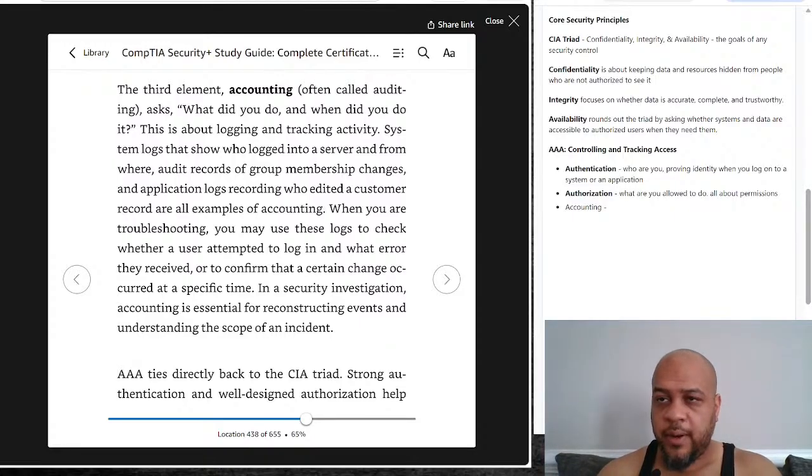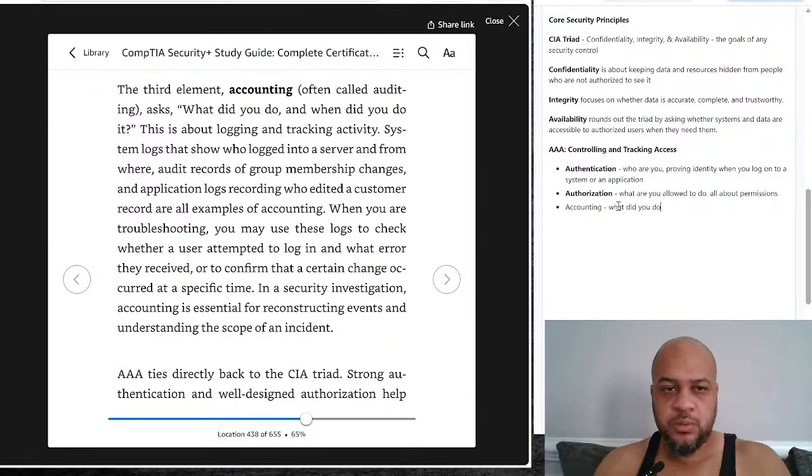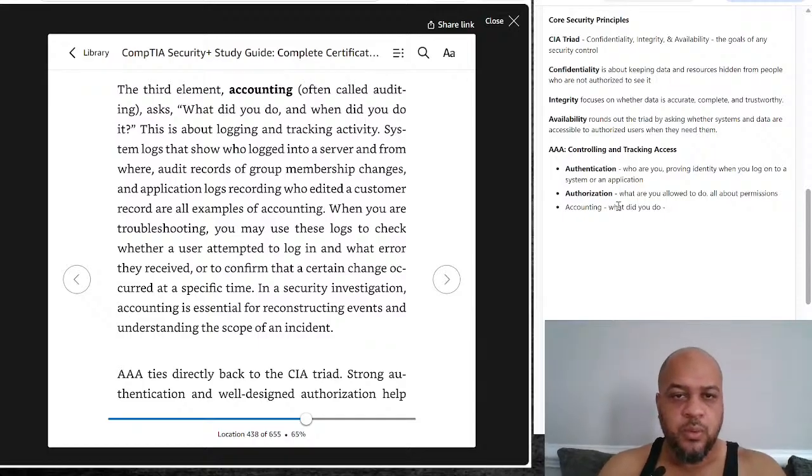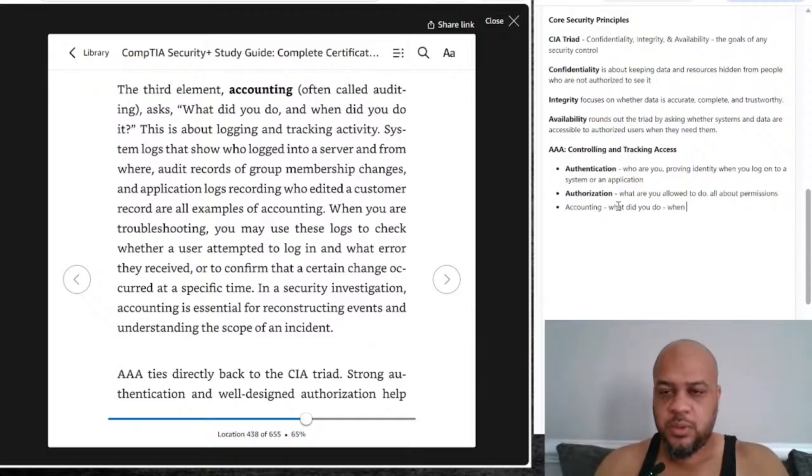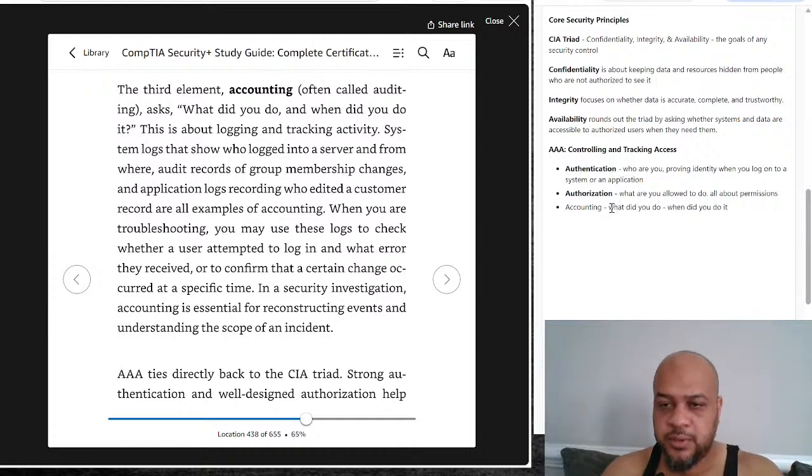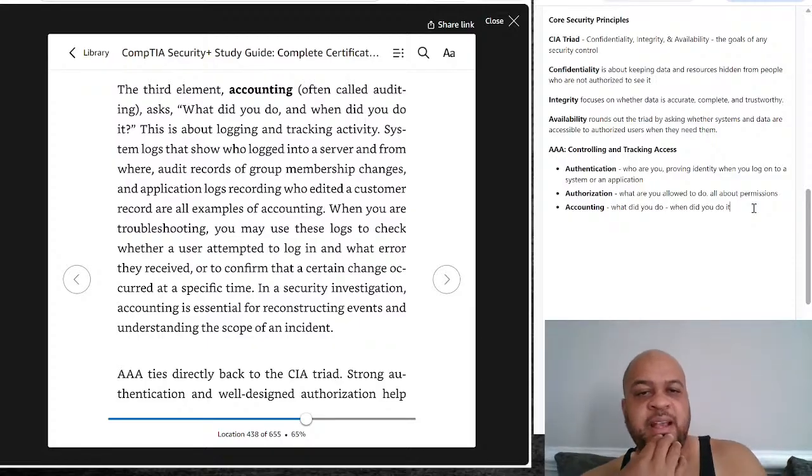All right. The third element, accounting, often called auditing, is what did you do? When did you do it? This is about logging and tracking activity. System logs that show who logged into a server and from where,